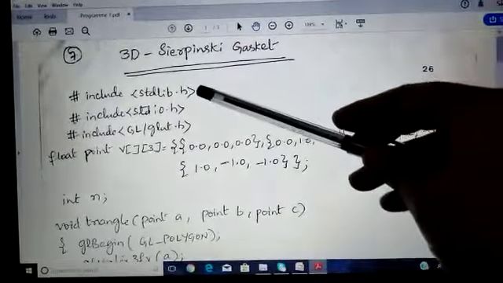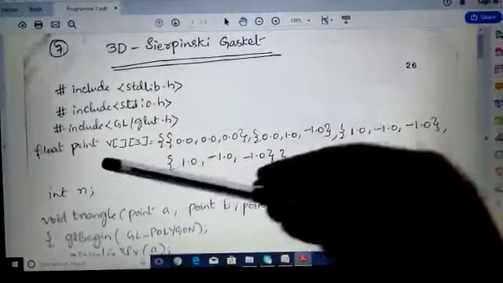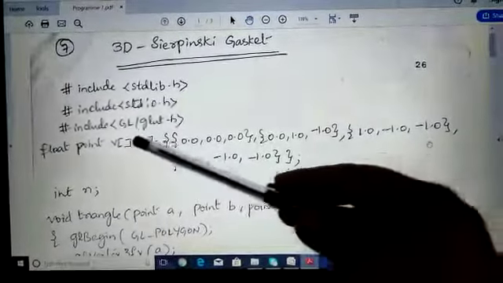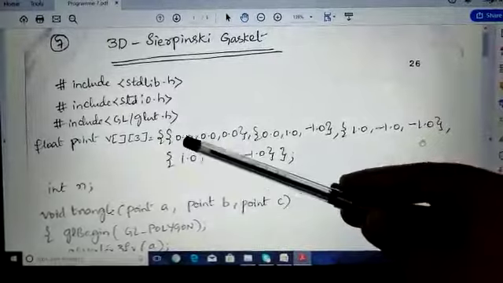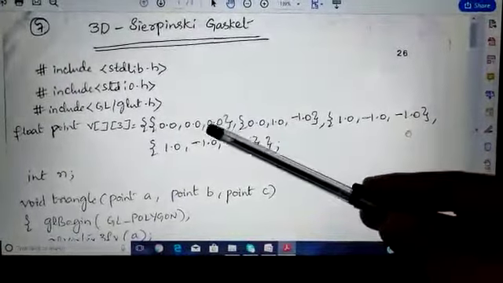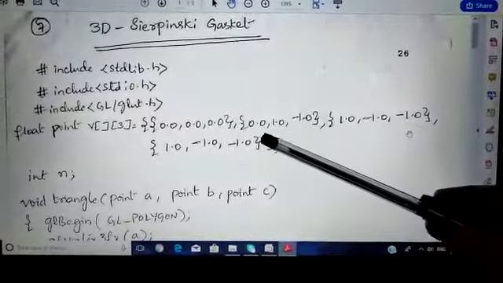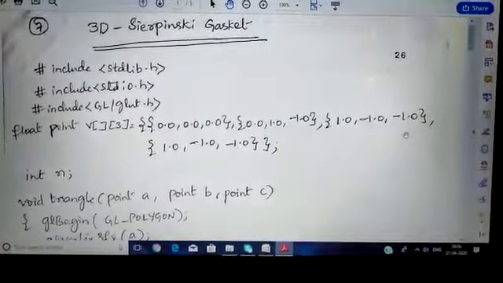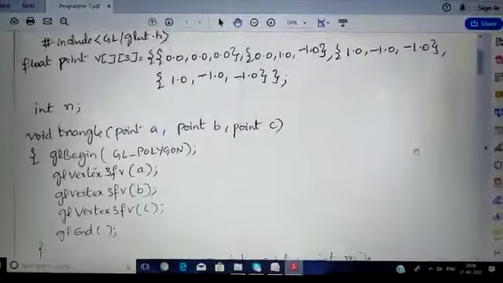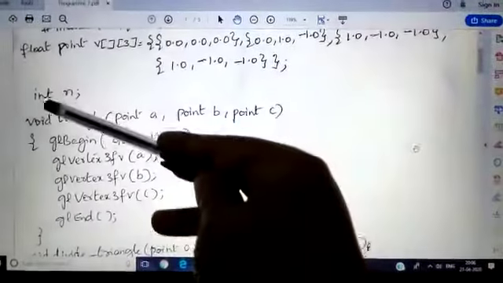We start with the header files as you can see here. Then we have defined the points because we deal with the vertices with respect to the coordinates. See here, we have the vertices with respect to x, y, z, and the prescribed values we have given, where we have taken the n parameter as an integer.